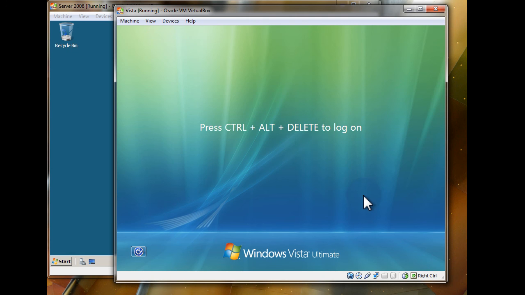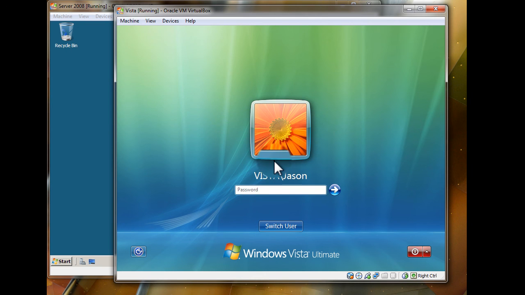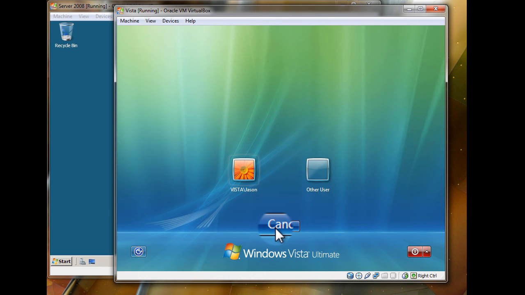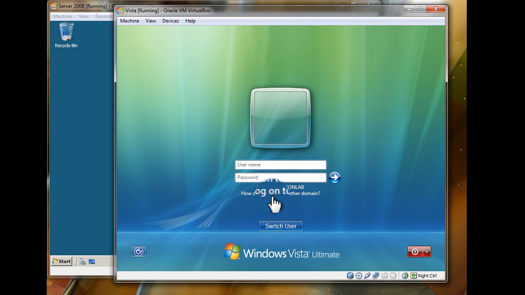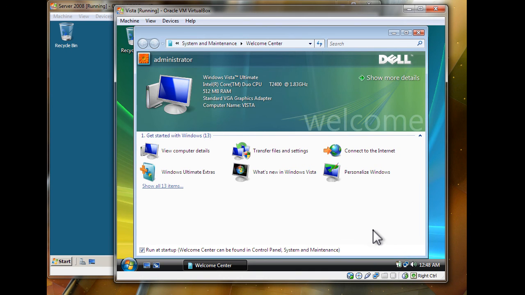Now that our machine has restarted and we are ready for our first login, what we'll need to do here is go to switch user, other user, and we shall type in the name of our domain first, which is jasonlabs, and backslash the user account, and our desktop shall be prepared for the first login. Now we are officially part of